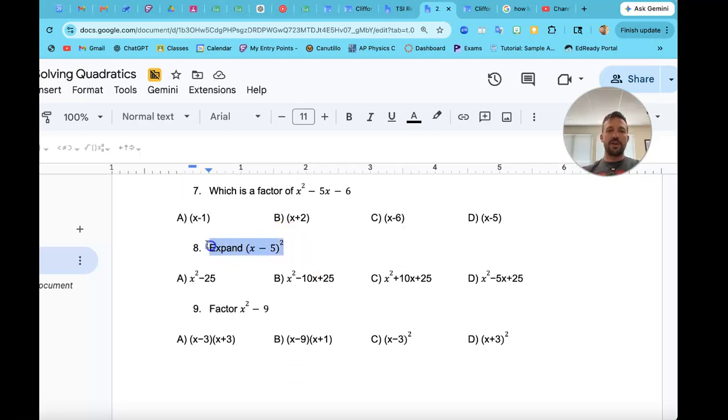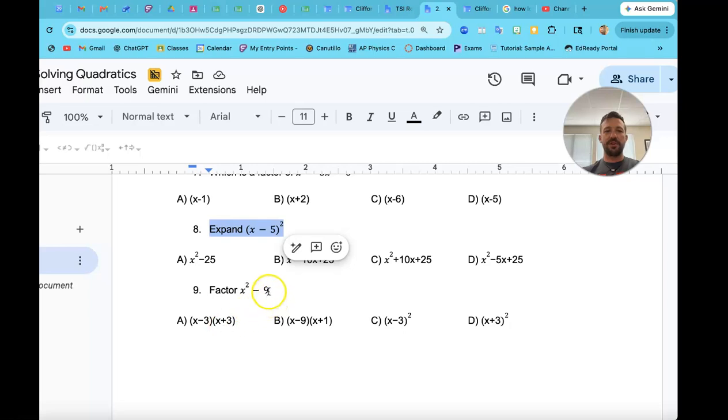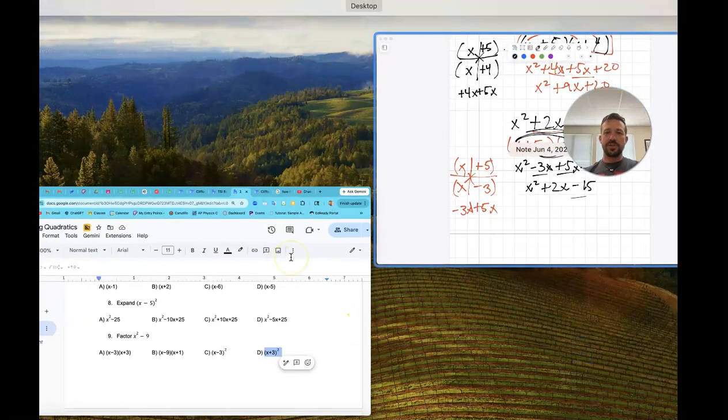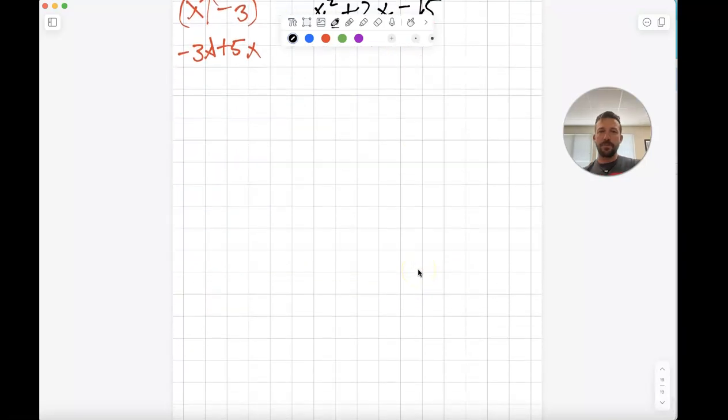Okay, I want to show you how to expand something like this so that if you end up with one of these, factoring like an x squared minus 9 or something, you know how to expand or distribute out all of these here so you can figure out what the answer is, okay? So let's do something like that. So let's say expand